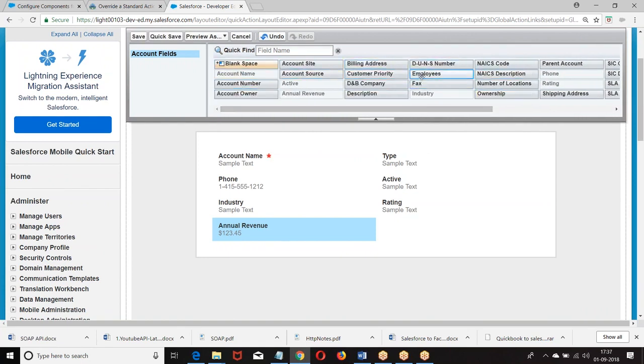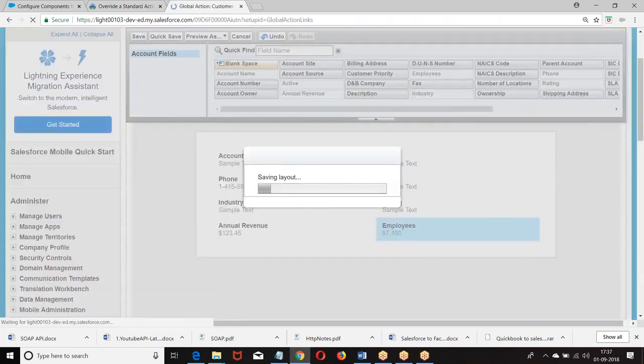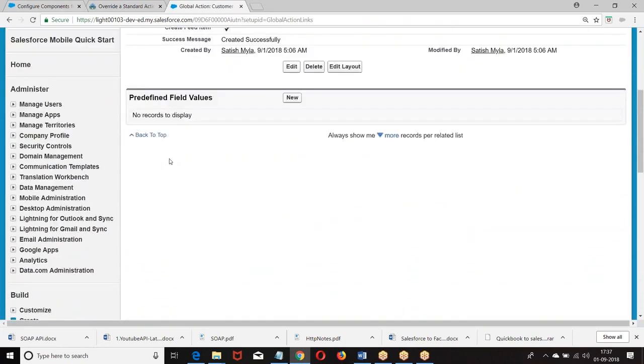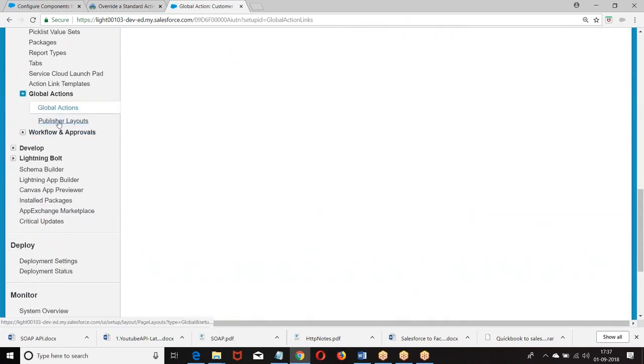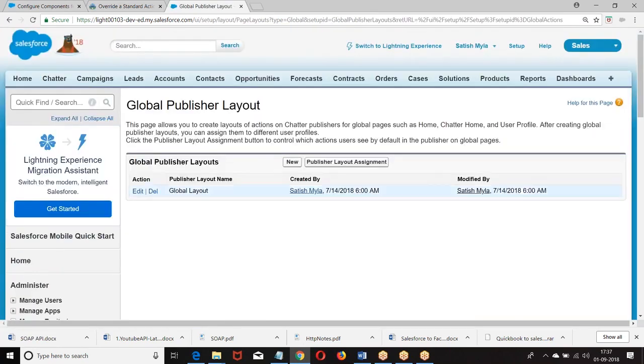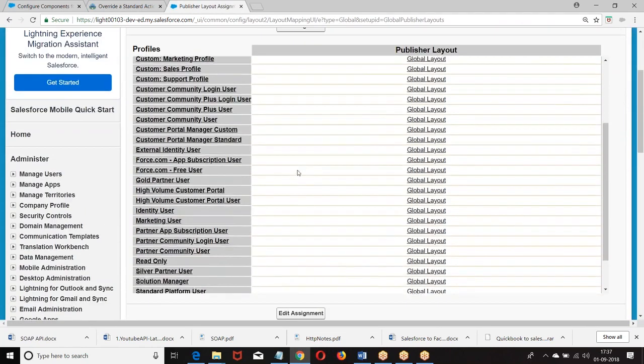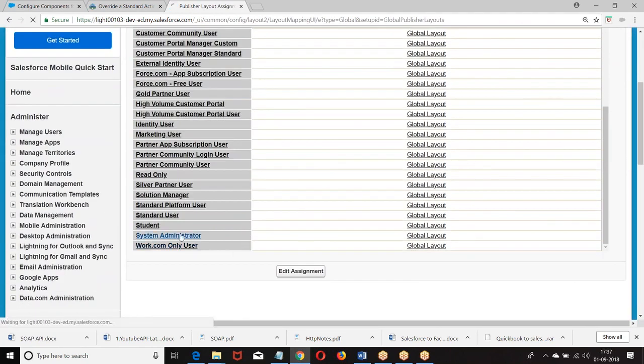Where is that? So no issue. Number of employees. Organized. So when you say customer, a new account will be created. The moment you create this action, I have to publish it.